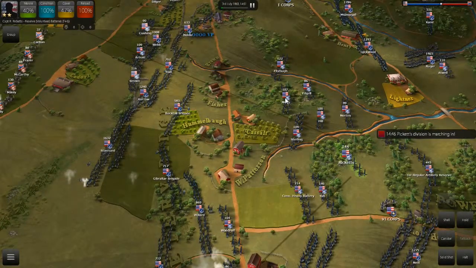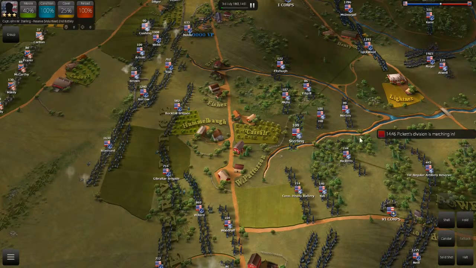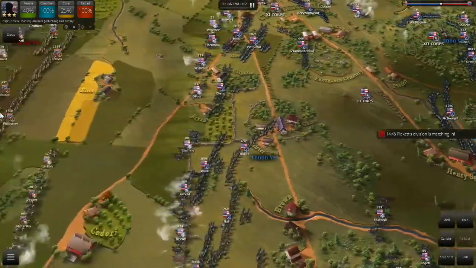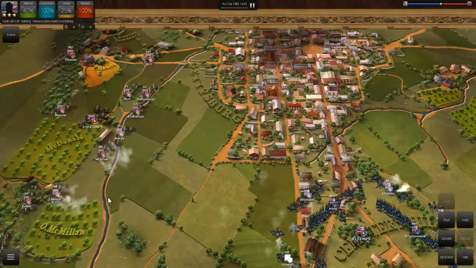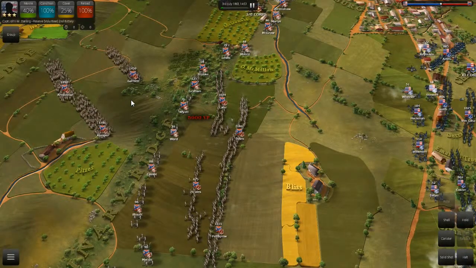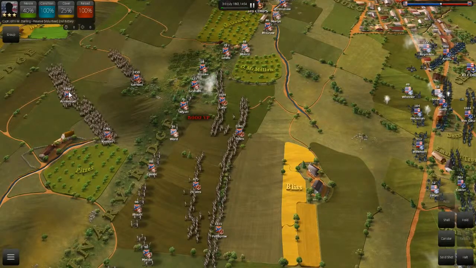Alright, what direction are our guns pointing here? Yeah, let one group of guns cover that if need be. Where's Pickett? There they are. Yes, Armistead, Kemper, and Garnett. Armistead dies, I think. If I recall, he was actually...